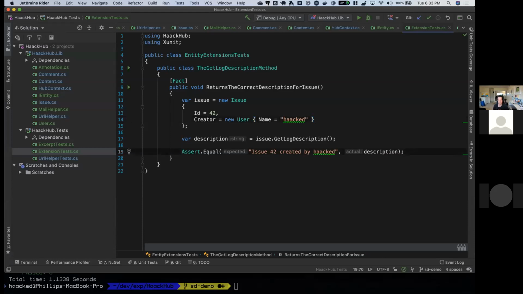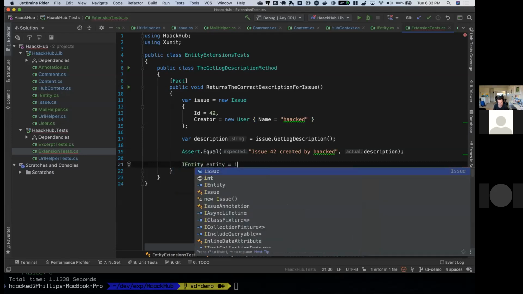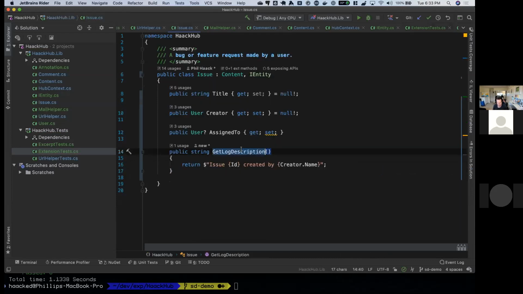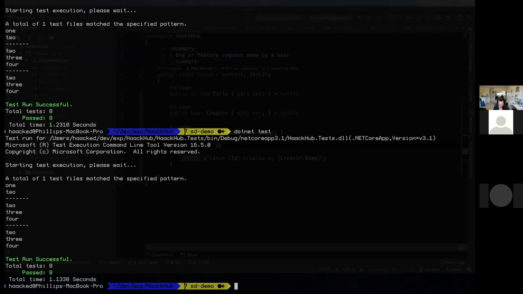What happens if I'm passing this issue to some type that takes IEntity? To simulate that, I'm just going to create an IEntity, entity equals issue. What do we expect GetLogDescription to return here? Because we know at runtime the entity really is an issue, and what we wanted to do is call this method. But what happens is,